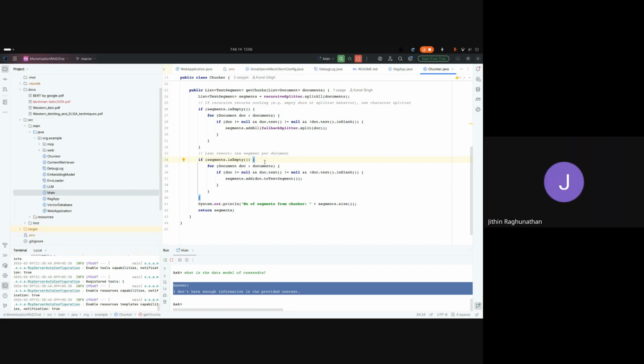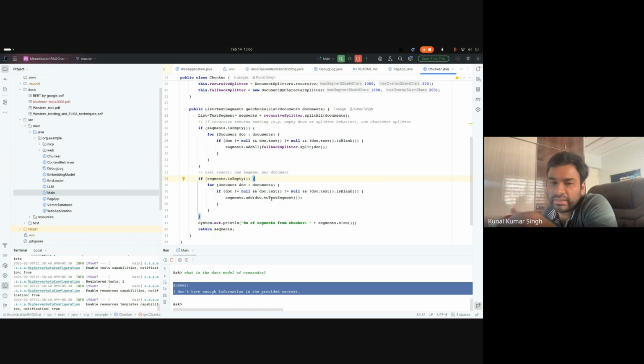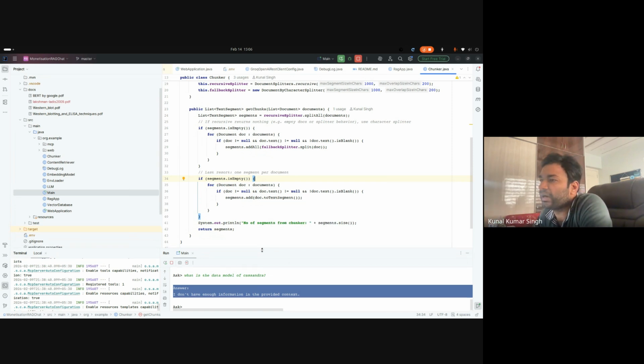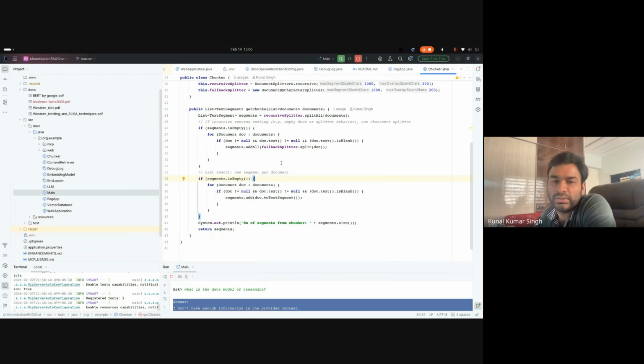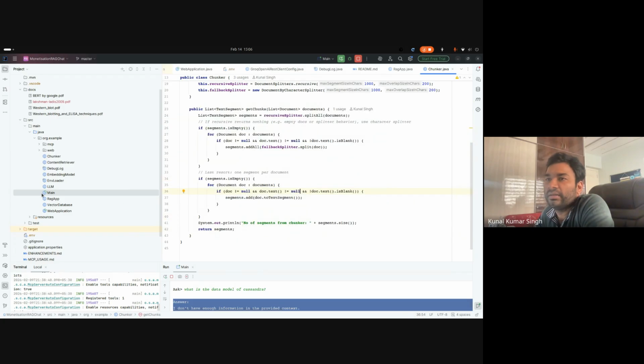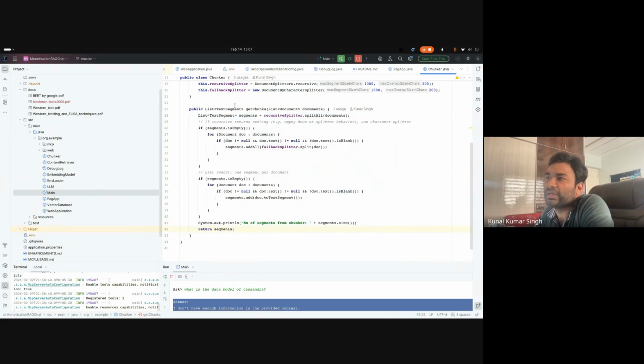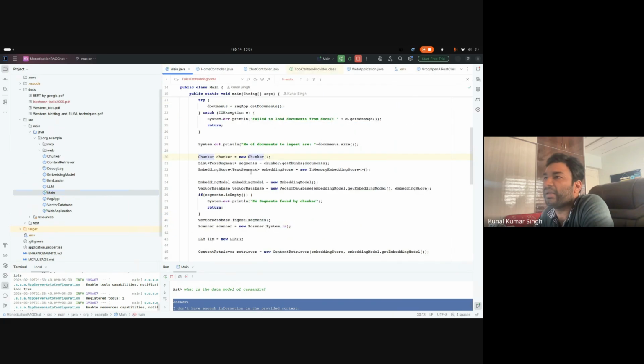Okay. That is the one strategy, and that is all it is doing, nothing else, right? But maybe you can talk more about what the more intelligent ways are to generate those chunks so that the retrieval quality is enhanced, right? Okay. So this is what it has done. Now we'll go back, right? So this basically divided the document into smaller segments or chunks, and then it is returning back to main again,